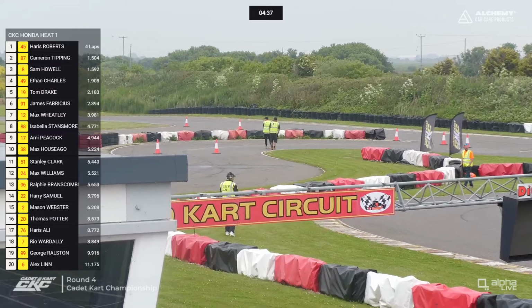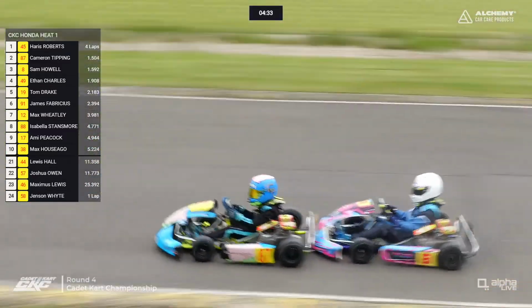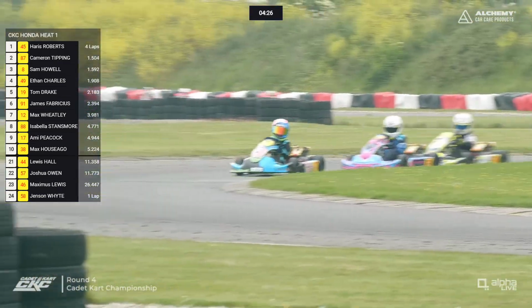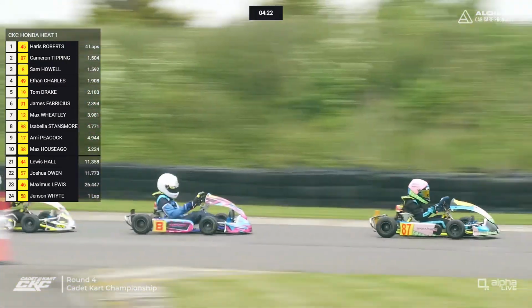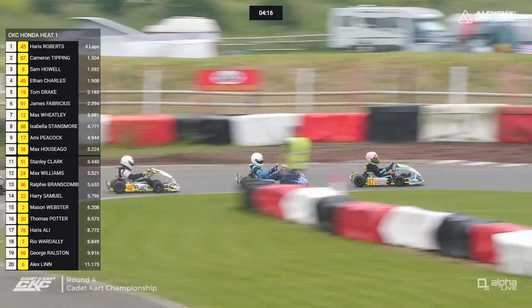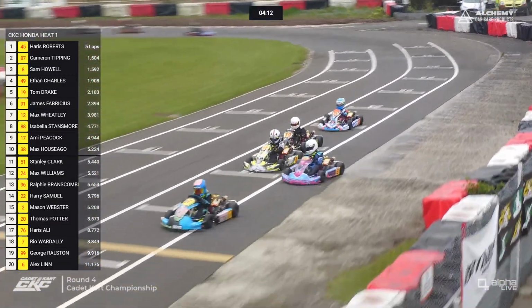Then there's a gap back of around 1.5 seconds to Max Wheatley and Isabella Stansmore-Wilson, who has Amy Peacock and Max Housego for company as well. There they are coming into shot. It looked like Peacock was trying to get down the inside of Stansmore-Wilson. We'll keep an eye on that in the background as now Ethan Charles is right in the slipstream of Sam Howell for 3rd place, and Howell closing right up on Tipping,